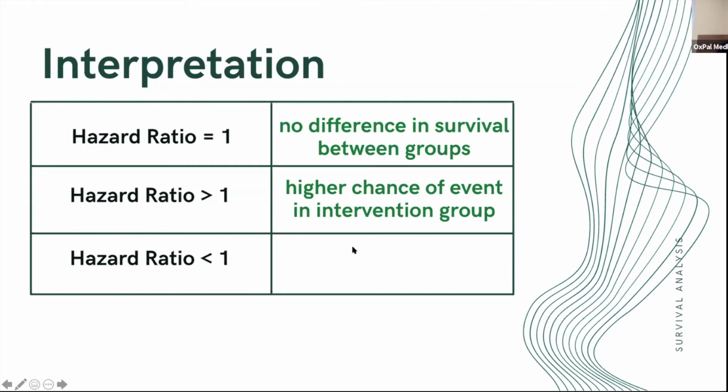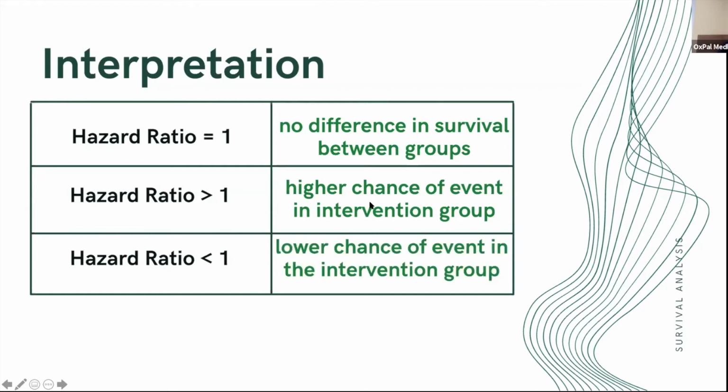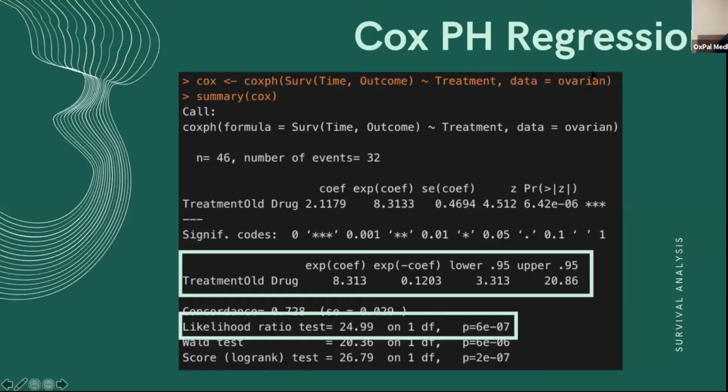And a hazard ratio of less than 1 is the reverse. There is lower chance of the event in the intervention group. So this is how you interpret hazard ratio, because again, the Cox regression model will come up with a hazard ratio. Okay. So this is done in the computer, and for this data set,